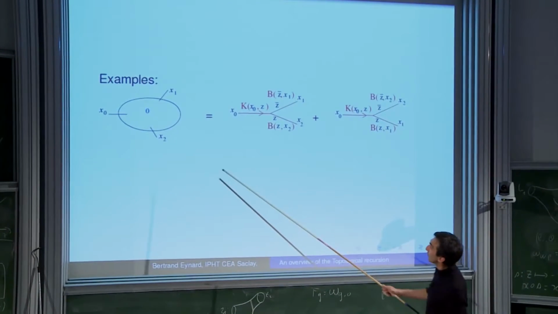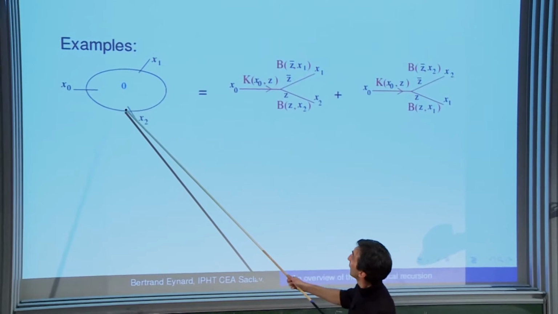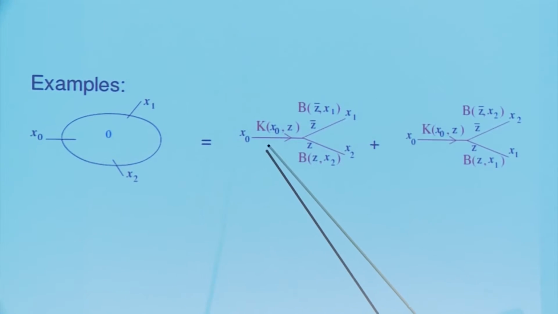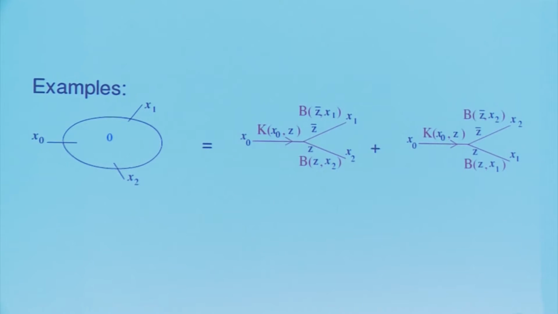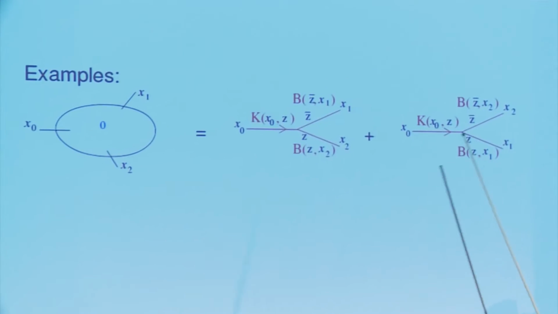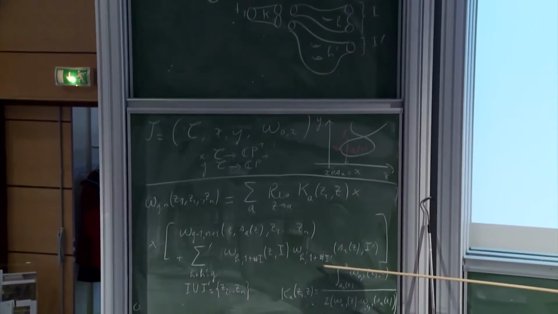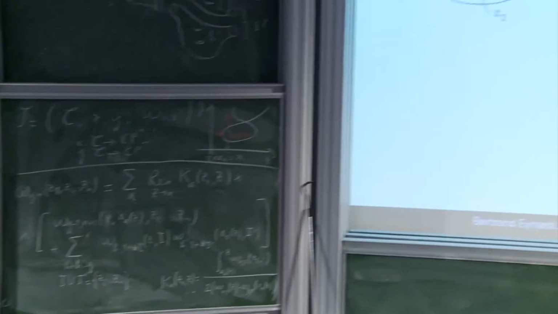If you want to compute omega 0,3, it is something with three punctures or three boundaries. In this representation, this recursion exactly means this sum of two terms. There are two terms in that sum, and there is no term in that part here. There are two terms. It exactly means that.